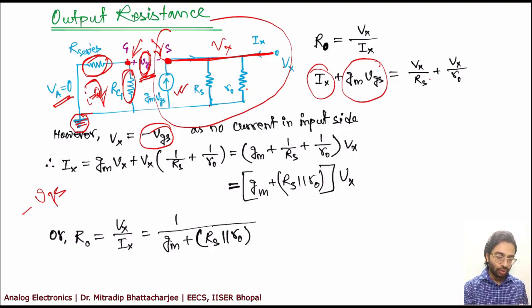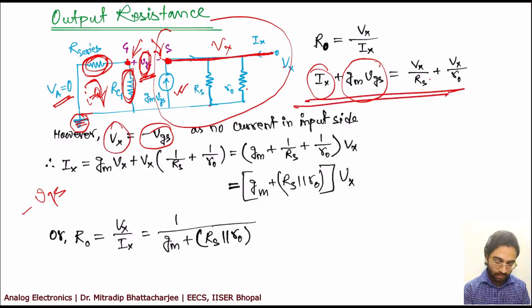And because there is no input current, there is no drop across these resistances. If there were input current, the drop across these resistances would come into the picture. In this case there is no drop, and in fact you can consider the ground at this point directly. So now replace this Vx value in this equation. So you will find Ix plus, so it will be Ix.